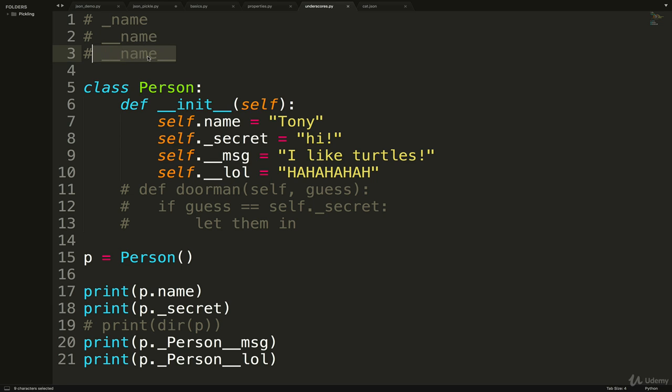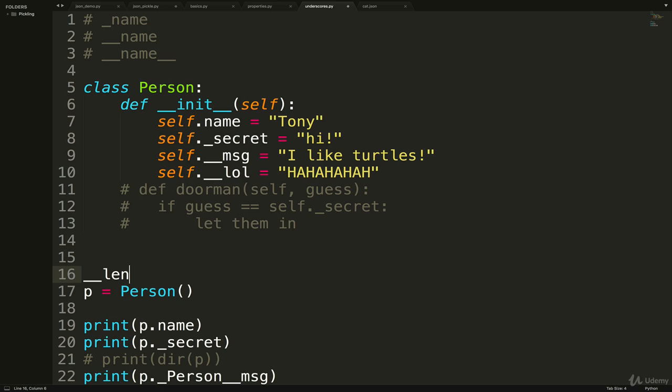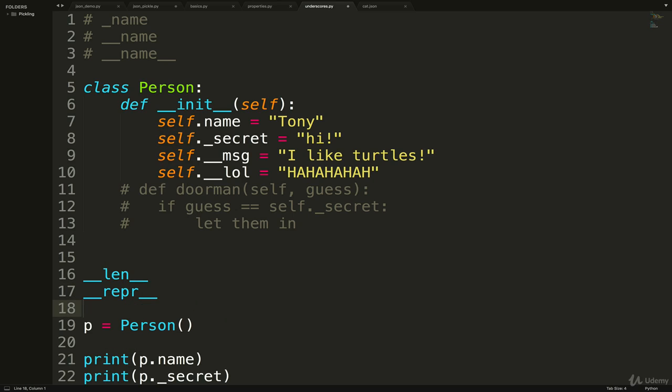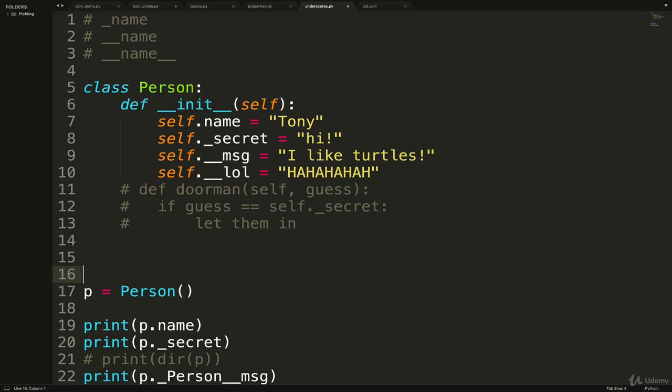And then finally, dunder methods, two underscores on either side. It's a convention that you should respect. You can define your own, but you shouldn't. They're used for Python-specific methods like __init__ that we will then define on our own, and we'll see a bunch more things like __len__, what else? __repr__. They're all over the place. __add__, we'll define our own. We'll spend a lot of time later in the course talking about them. So don't go defining your own methods with two underscores before and after unless you know what you're doing and it's a particular thing in Python that you're trying to override. Okay, done with underscores.